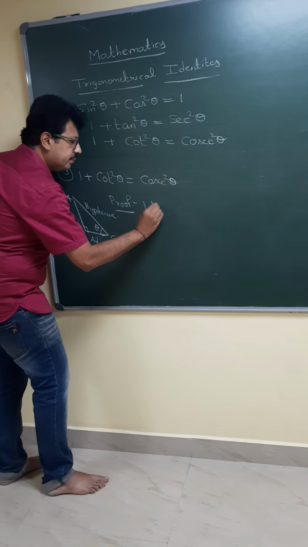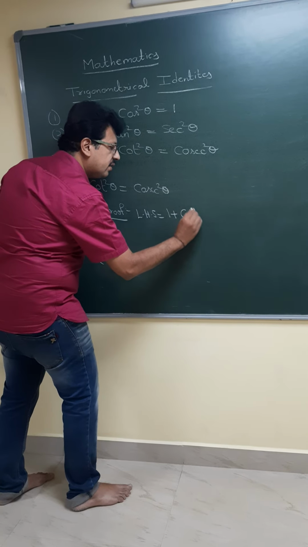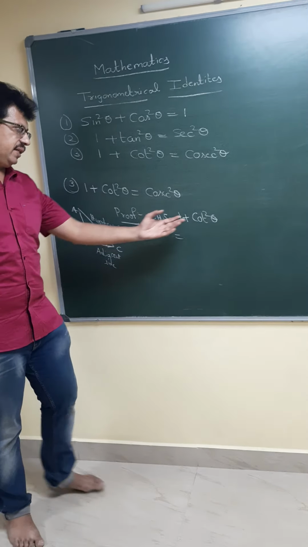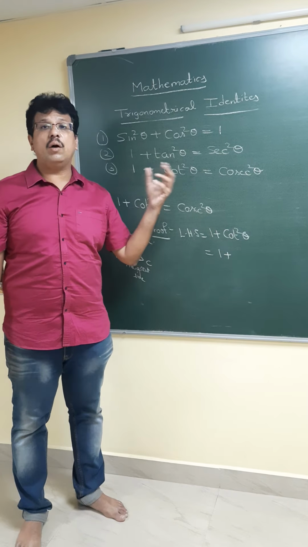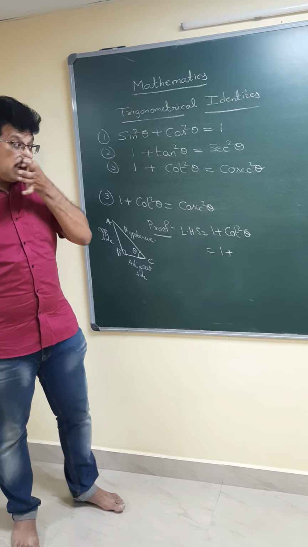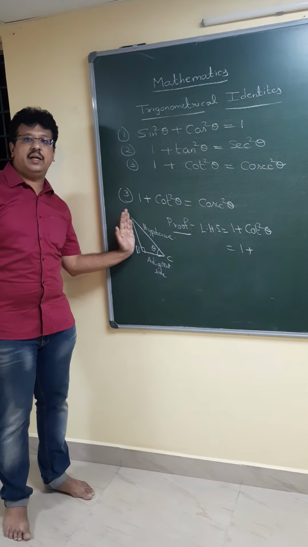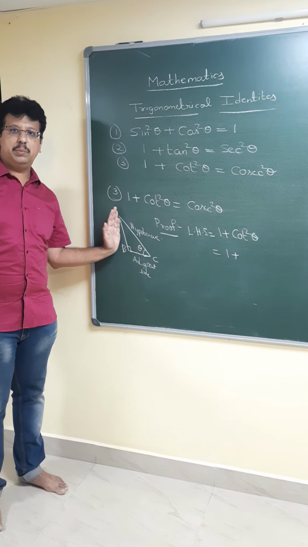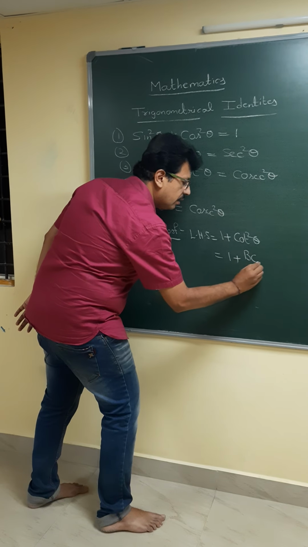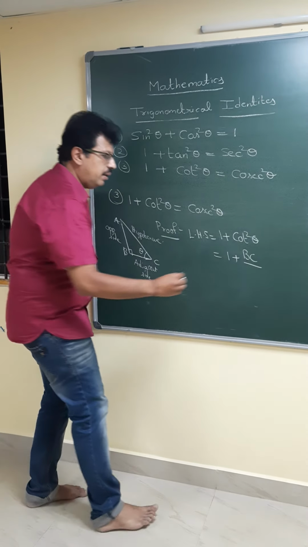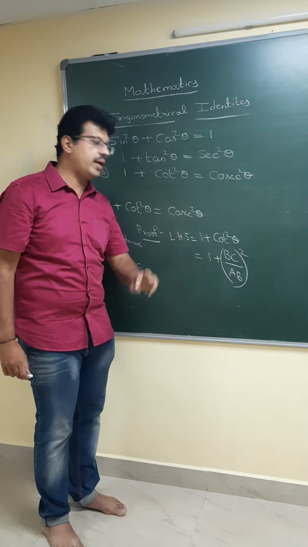So that is the left hand side. The left hand side is 1 plus cot square theta. So we'll write this 1 as it is, plus. Now again we need to recall what cot theta is. See, we need to recall the definition of cot theta. Cot theta means adjacent side by opposite side. That is a very important definition of cot theta. You should be able to recall the definition. Adjacent side is BC. Opposite side is AB. Whole square, because it's cot square theta, so whole square it is.